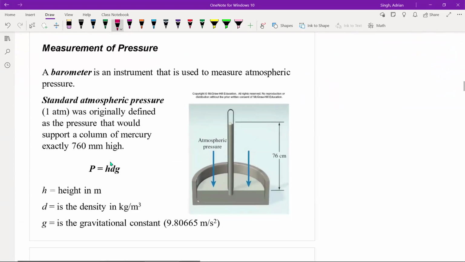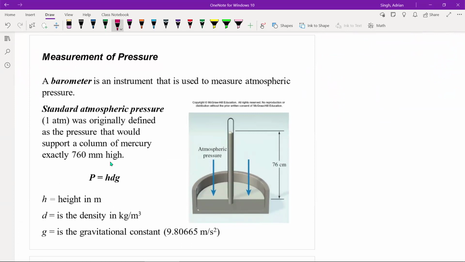How is pressure measured? Well, it's measured with a device called a barometer. Again, if you're a fan of weather and the weather stations and following the Weather Channel, they often talk about high pressure, low pressure systems. How do we know that there's a high pressure low? Well, they actually use barometers to measure atmospheric pressure. And one standard atmospheric pressure, 1 atm, was defined as the pressure that would support a column of mercury that's exactly 760 millimeters or